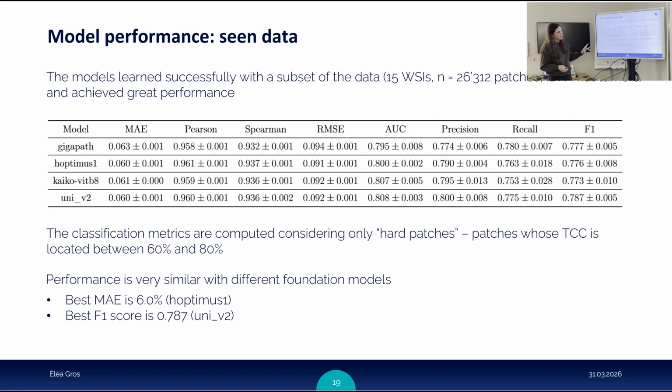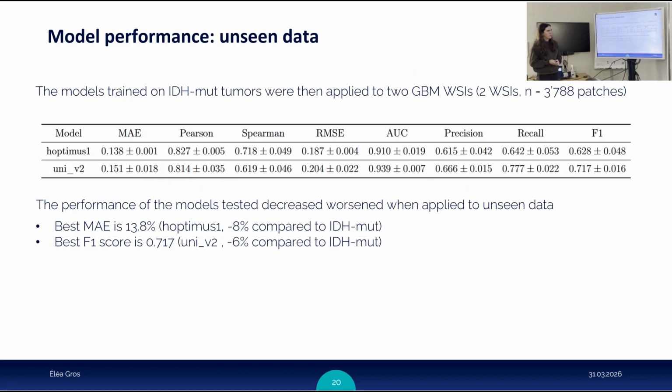Now, everything that I showed is in IDH mutant tumors that we're using for training and for testing. We also tried to apply it directly to some glioblastomas. With glioblastomas, as I mentioned before, there is no universal marker that stains tumor cells. You can, if you have some specific subtypes of glioblastomas, for example, if you have p53 overexpression. So those are the samples we used to test our method also on GBMs. As you can see, the performance dropped. We went from a mean absolute error of 6% to 13%, which is minus 8%, and the F1